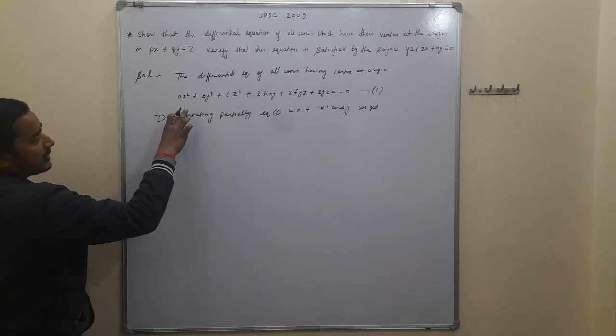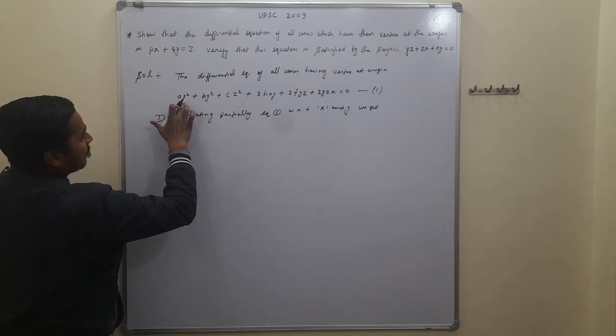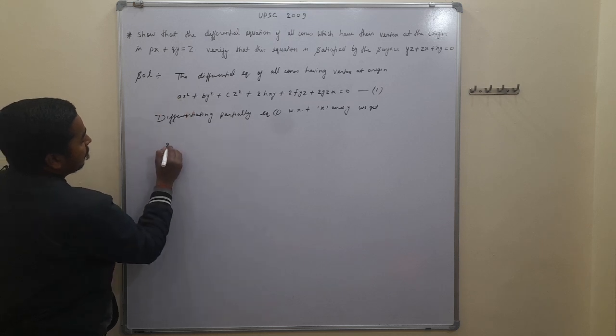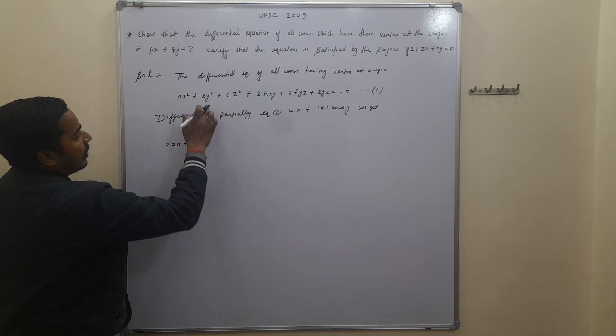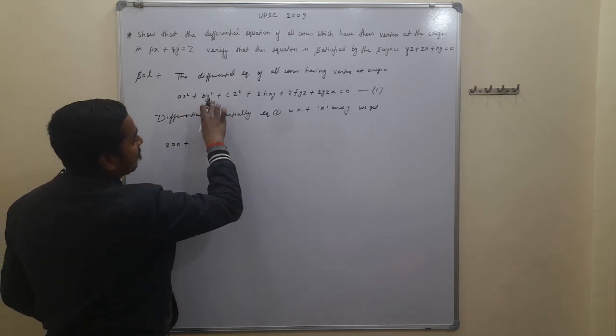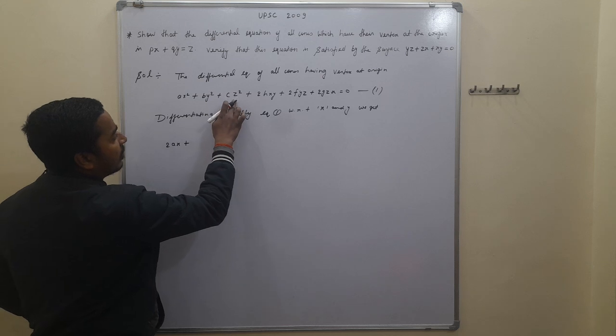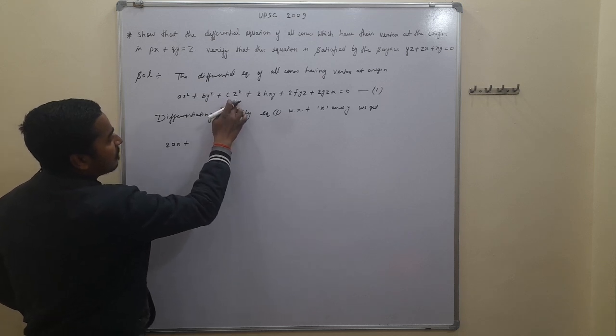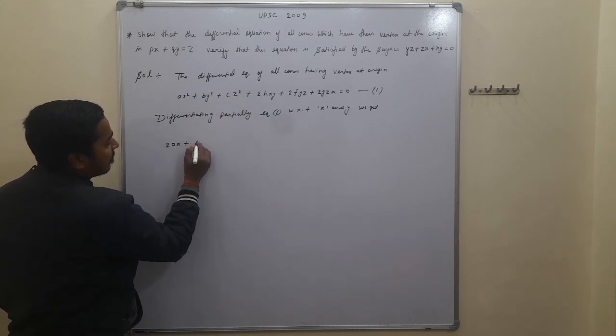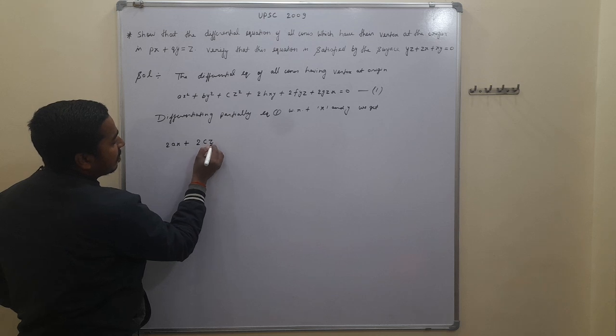So differentiating equation 1 with respect to x, this gives 2ax plus, taking y as a constant, then by square is 0, and z is the function of x, so we write 2cz del z upon del x,